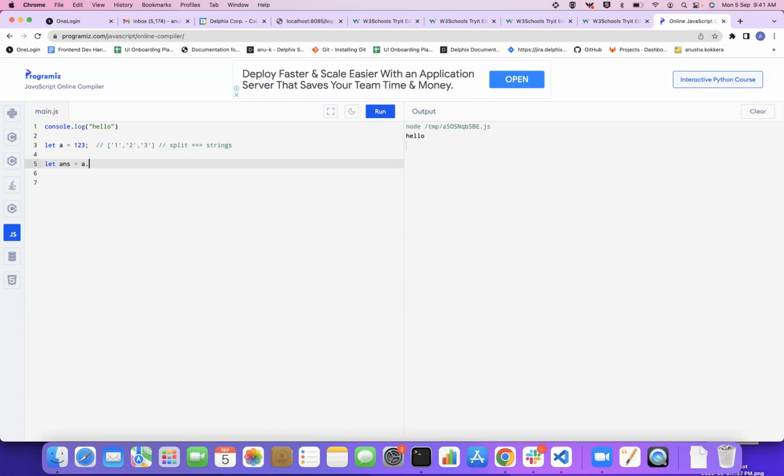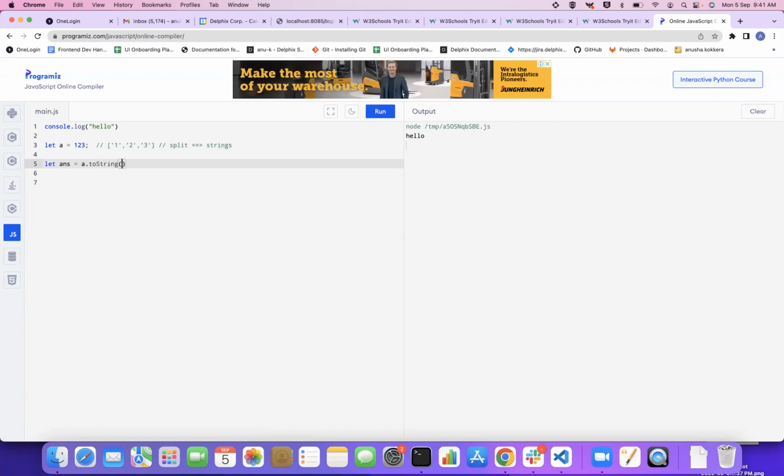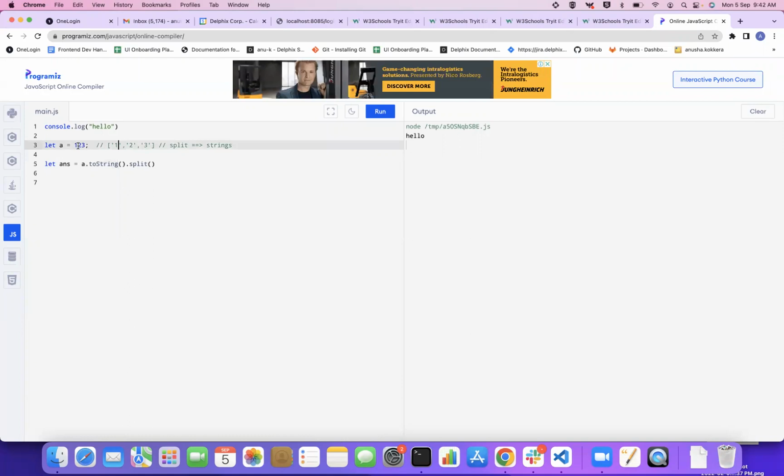you can do something like a, then toString is the method which is used to convert a number to a string. Not only a number, anything if you want to convert to a string, you will just use toString. Then you will use the split function. Now I have told you to run the division based on nothing, just empty quotes. Now if you print the answer,